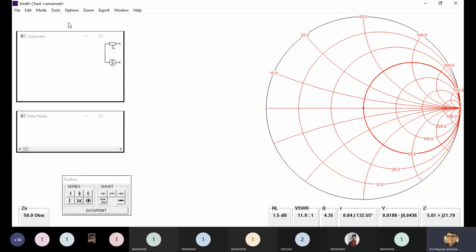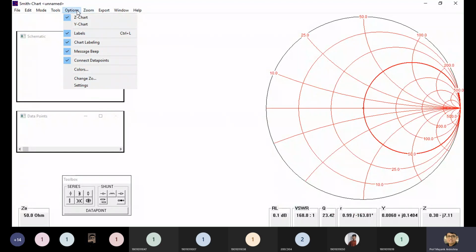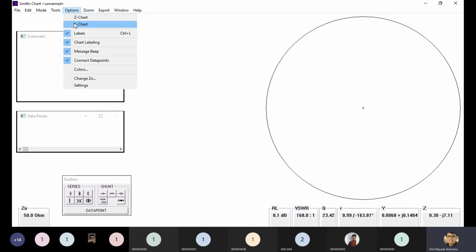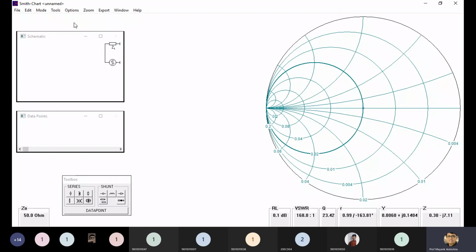And if I convert in the reverse form, meaning if I convert the impedance to the admittance, you already know it has a 180-degree opposite. So with the 180-degree opposite, all the complete circles will be located on the left hand side. From this option you can select Z and you can select Y. This is called the admittance chart. Both charts are useful to find out the different values, and both are similar. This is the complete chart you can see over here.